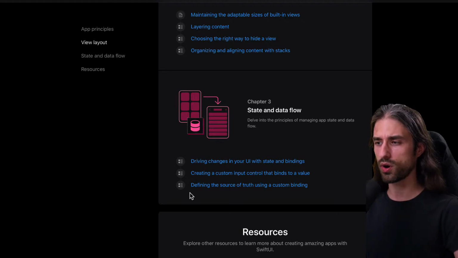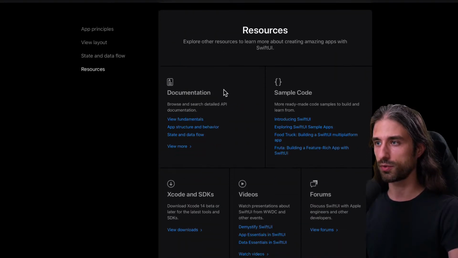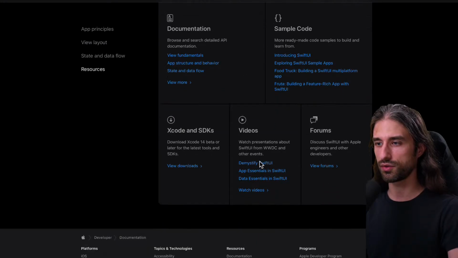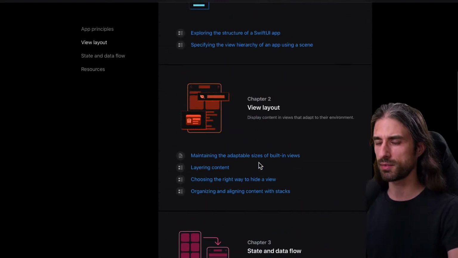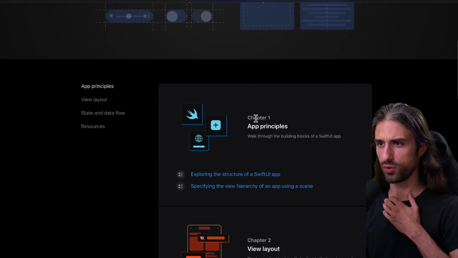So this tutorial is quite short, actually, when you compare to other tutorials from Apple. I guess it's going to take us between 1 or 2 hours, and we'll see in the end if I was right on that guess. And then we have some resources: documentation, sample code, Xcode, videos, and forums. But I guess we're going to go over them as we walk through the tutorial. So let me get started with the first chapter